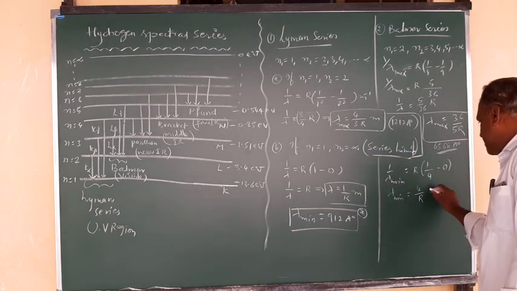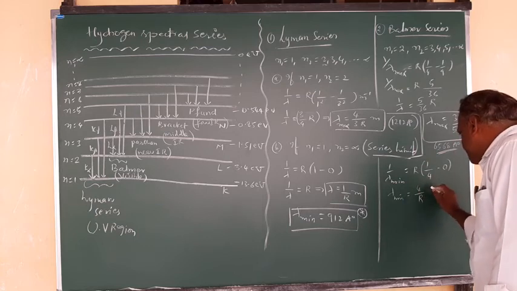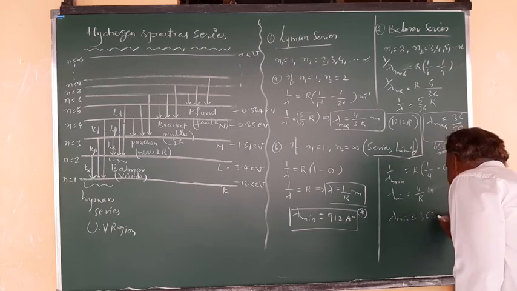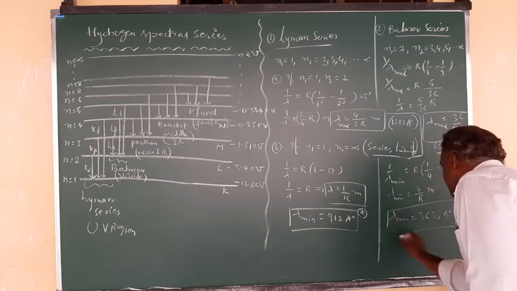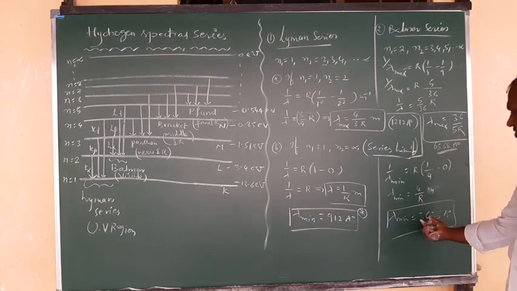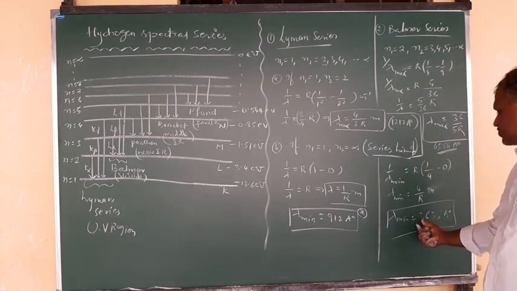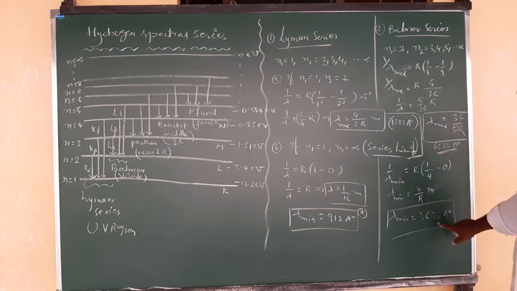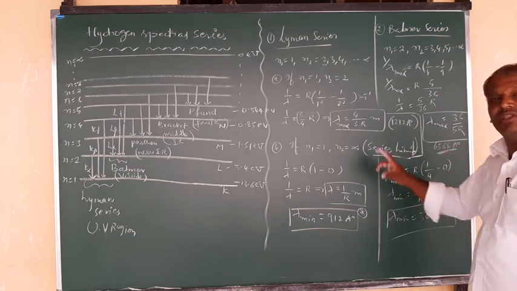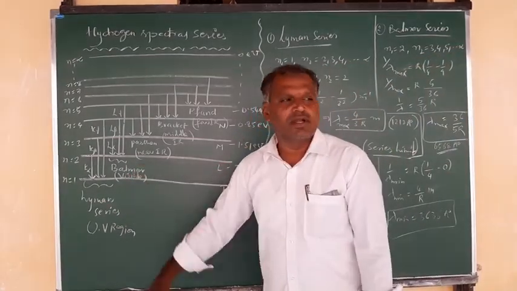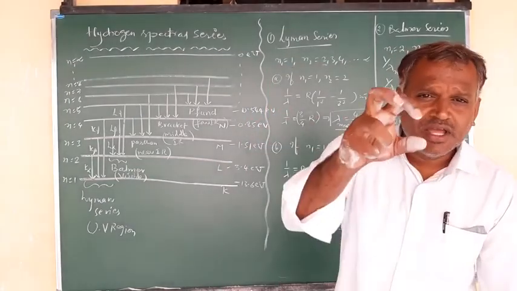And when you calculate in terms of angstrom units, lambda minimum will be 3636 angstrom units. It is not exact; maybe the last two digits or one digit may be different, but the remaining digits will be the same. So this is the maximum wavelength and this is the minimum wavelength. These wavelengths are observed in the electromagnetic spectrum, and they come under the visible spectrum. So the Balmer series comes under the visible spectrum.